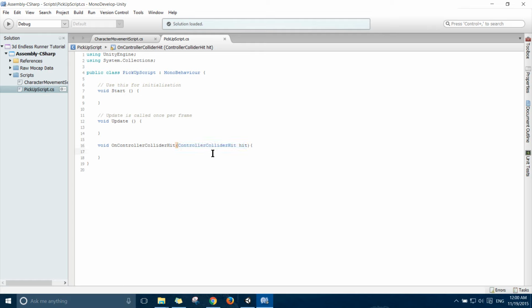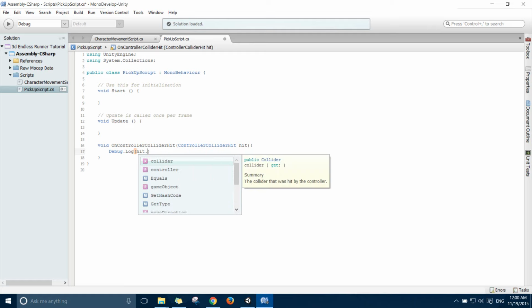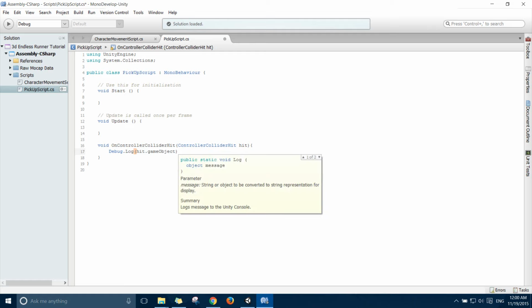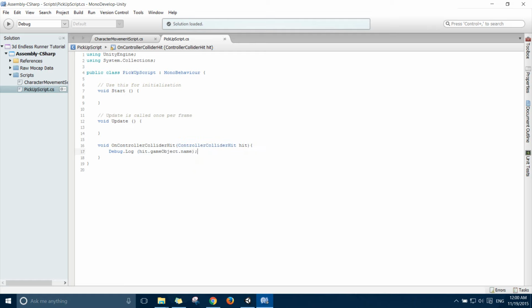So if I want to know what it just hit, I just write down debug.log and hit.gameObject.name. So whenever it hits something, it will tell us what it hit,